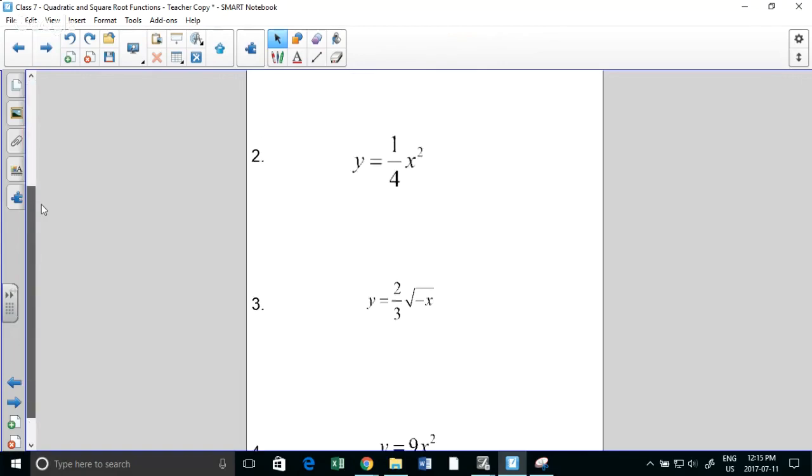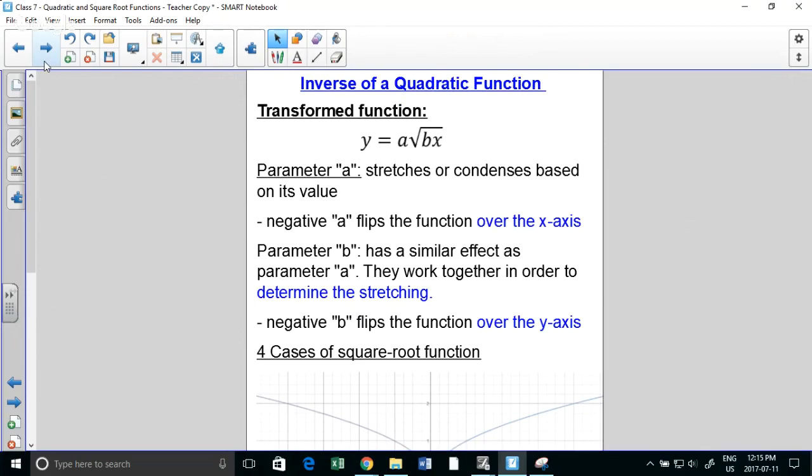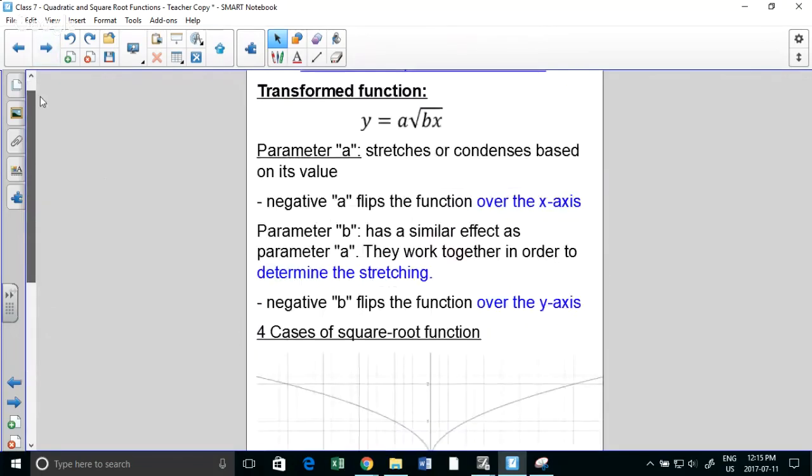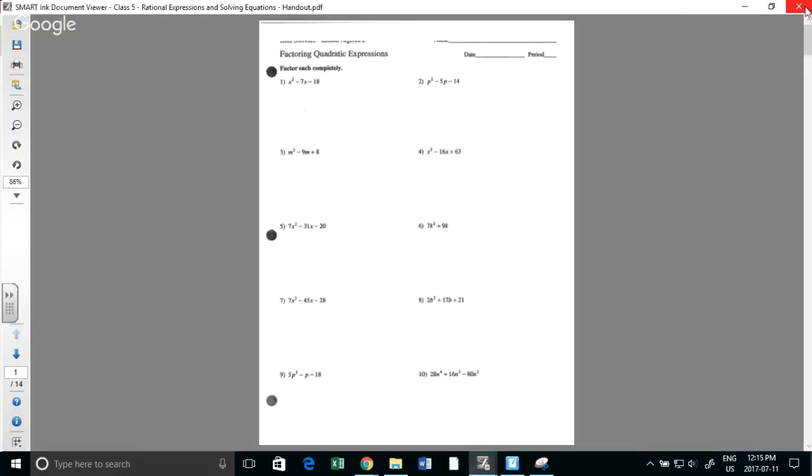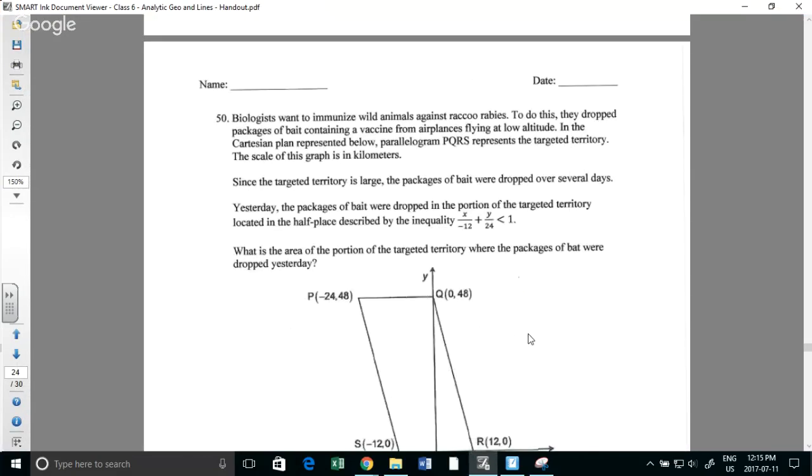So what we are going to do tomorrow is talk about the square root function, what it looks like, and what we do algebra with it. There are a couple of questions in the assignment and the handout that have square root functions, so you can ignore those for now, unless you feel ambitious and want to try it. Other than that, try to do as much of the package as possible, because most of it's quadratic, which is a good review, and then we can fix any issues tomorrow during class. Bring as many questions as possible tomorrow.